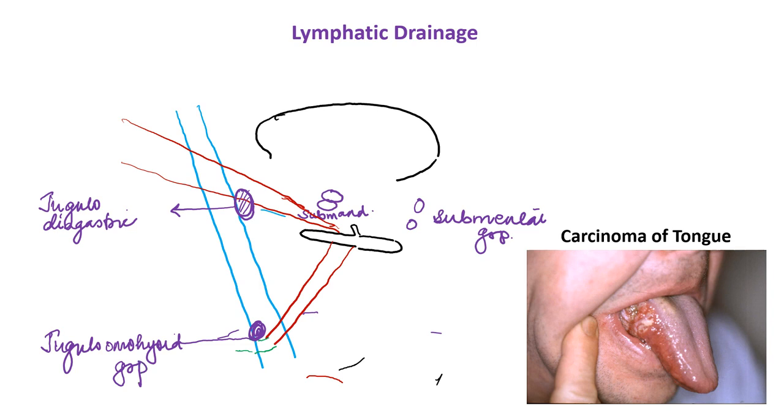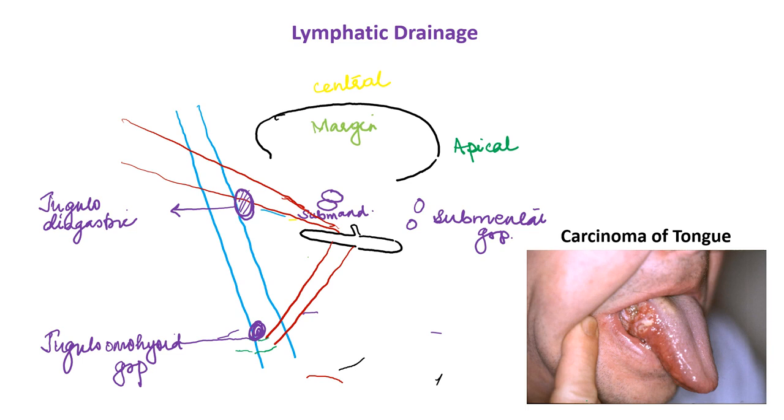So the 4 important groups of lymph nodes are the submental, the submandibular, the jugulo-digastric, and the jugulo-omohyoid group of lymph nodes. Now the lymphatics which are draining can be divided into 4 classes. The apical group, the marginal group, which is coming from the margins, the central group, which will be coming from the central part of the tongue, which is adjacent to the fibrous septum, and the part which is coming from the